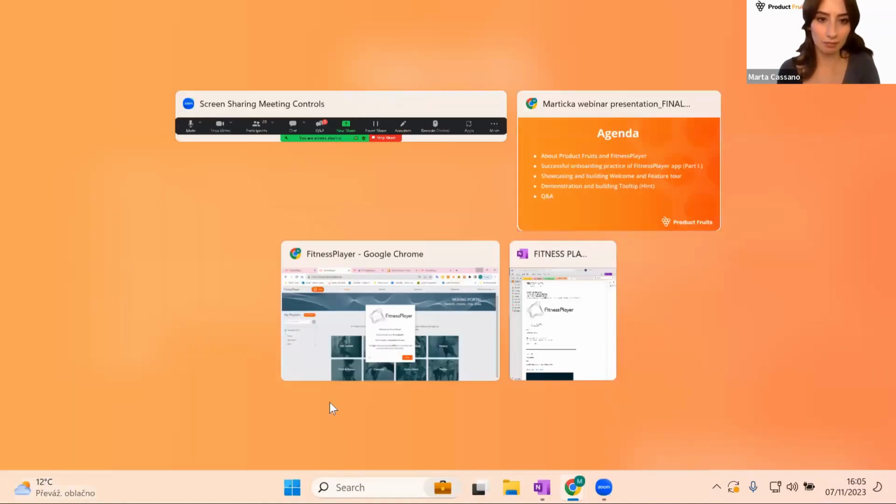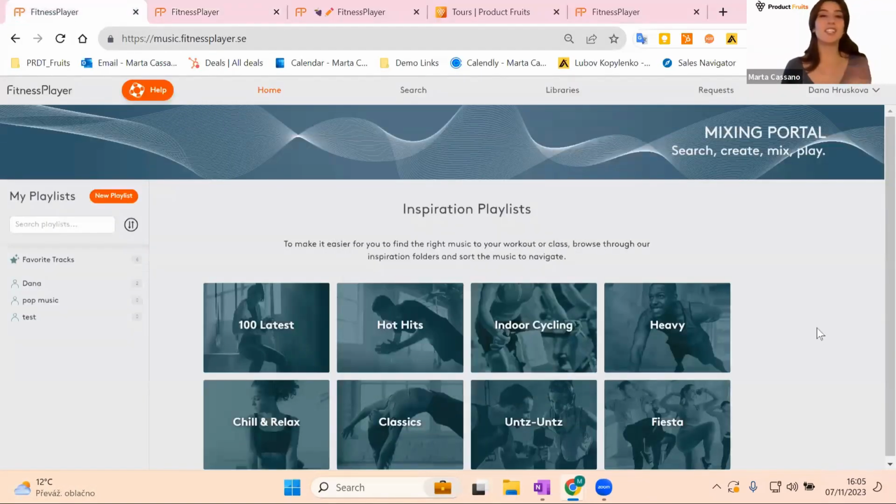We are here. And yes, so this one is the website of FitnessPlayer. And let me tell you who are them. So it's easier for you to understand their use case and why they are successful. So FitnessPlayer is a B2C application, and they are leader in UK and Sweden. And they provide a service for fitness trainers, because